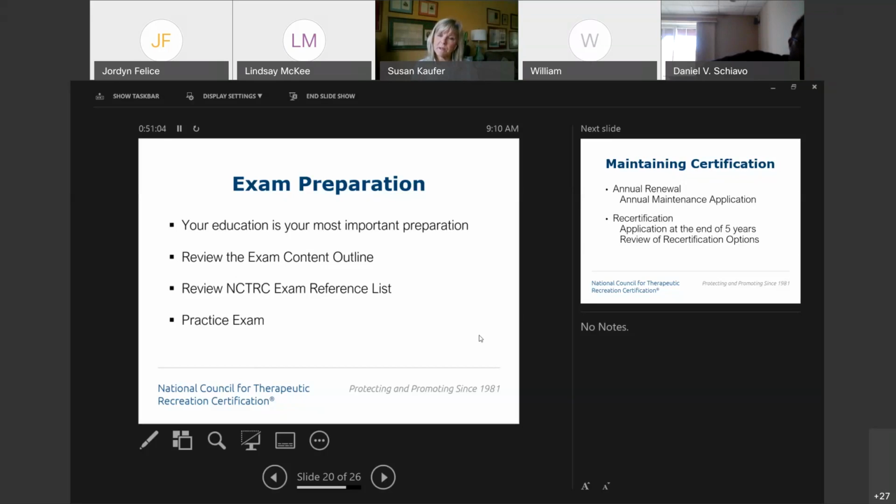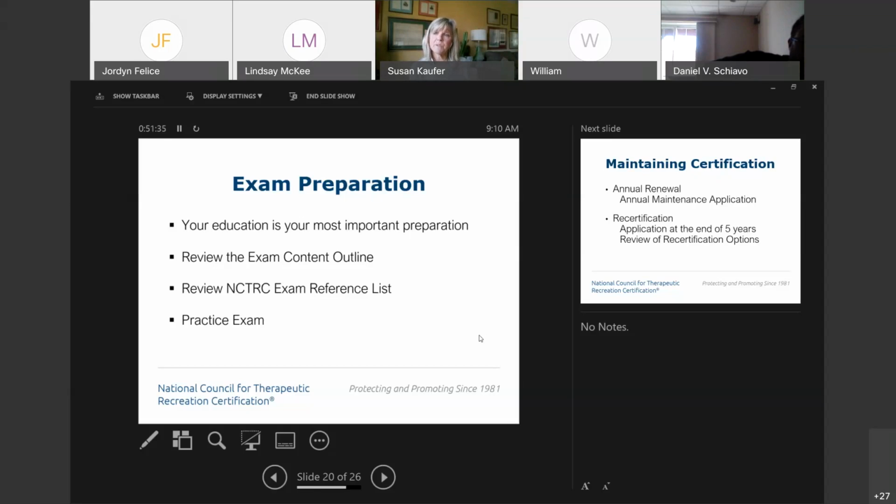That exam content outline we just reviewed, showing where the largest percentages of those exam questions are, will really help you. Again, digging a little deeper into that job analysis and those knowledge areas, having a better understanding of those knowledge domains will also help you to prepare and really be able to focus. The exam reference list: on the nctrc.org website, under the exam link, you will find the exam reference list.